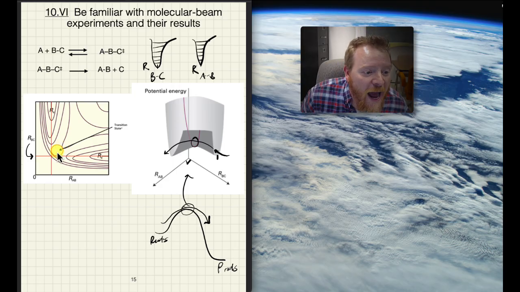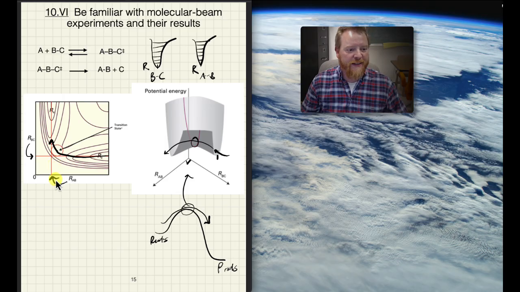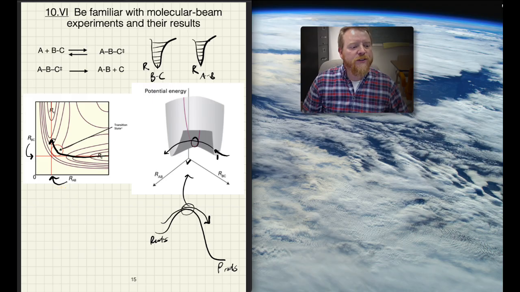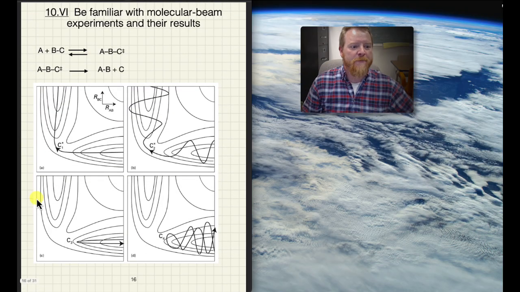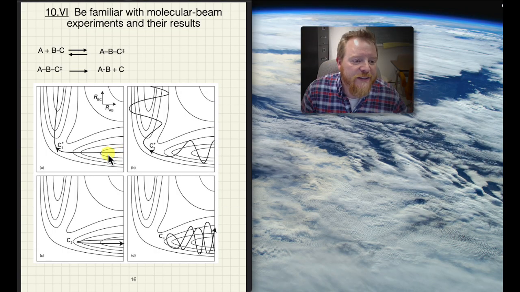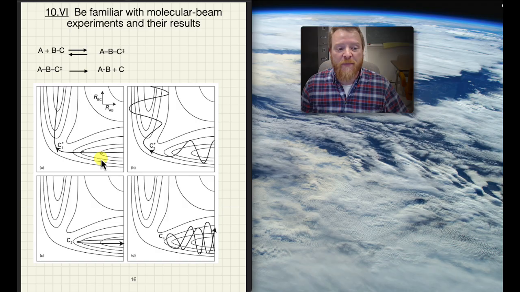So now, once we're at this transition state here, we can begin to move through to the other side. And now you notice on the x-axis, that's RAB, and this line here indicates the equilibrium bond distance of RAB. So let's look at a couple of different trajectories. In this topography map, this first trajectory we're showing is A moving through the potential energy minimas. So we can see how it crosses this mark on this topography map. It is hitting the minimas.